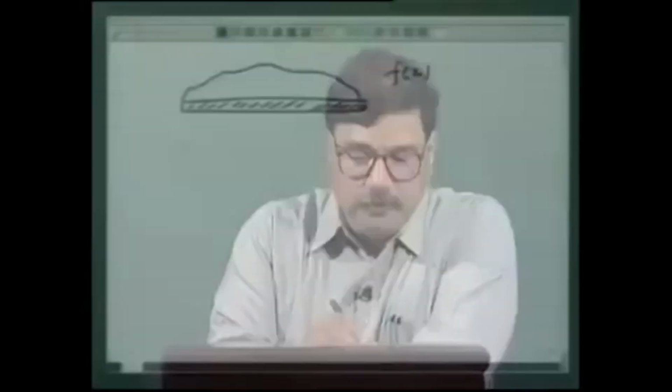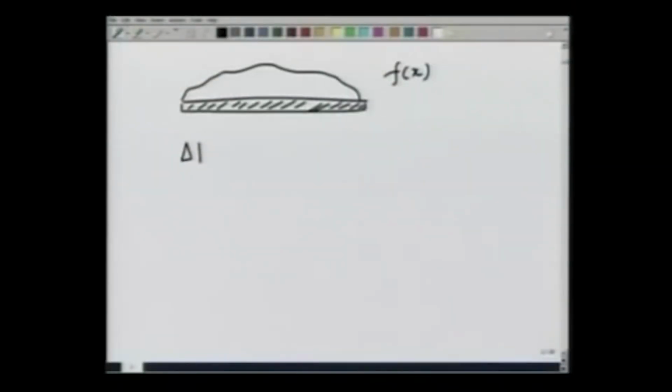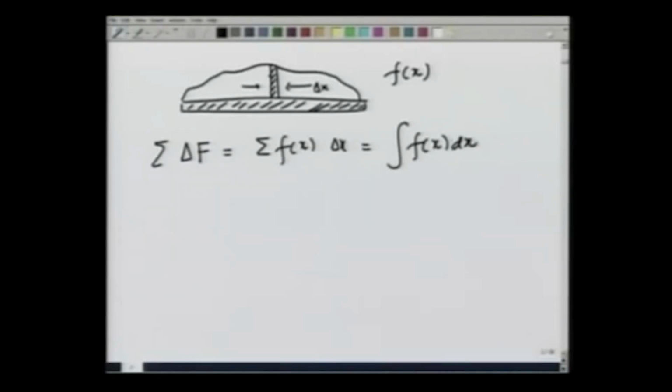And let me explain that a little further. The total force is going to be summation of that delta f that is acting on a small section of length delta x. So, this is going to be summation f x delta x, which in the limit is going to be integration f x dx,